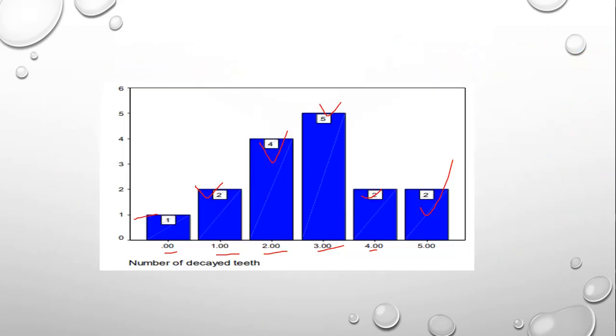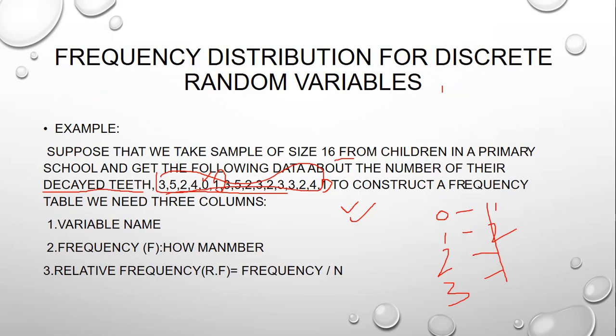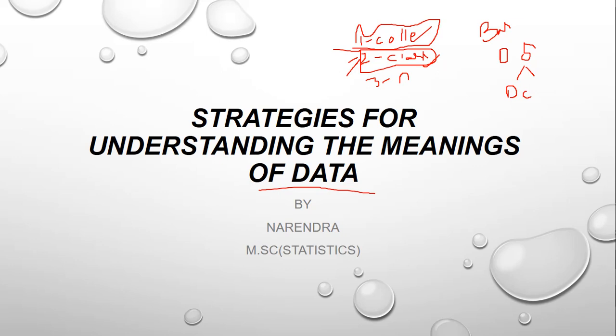I think up to now you have clarity on everything related to quantitative data, and how we can represent quantitative data. From the next video I will start qualitative data, then we are moving to descriptive statistical analysis. There are mean, median, mode, then measures of dispersion, all these things also.